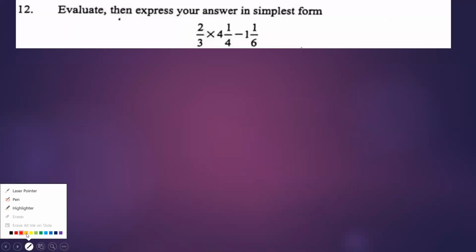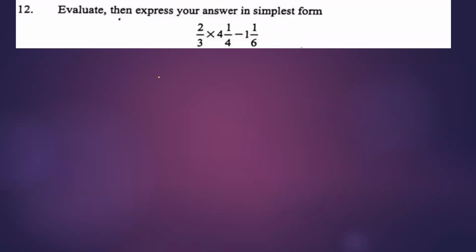All right, so let's go. We have 2/3 multiplied by 4 and 1